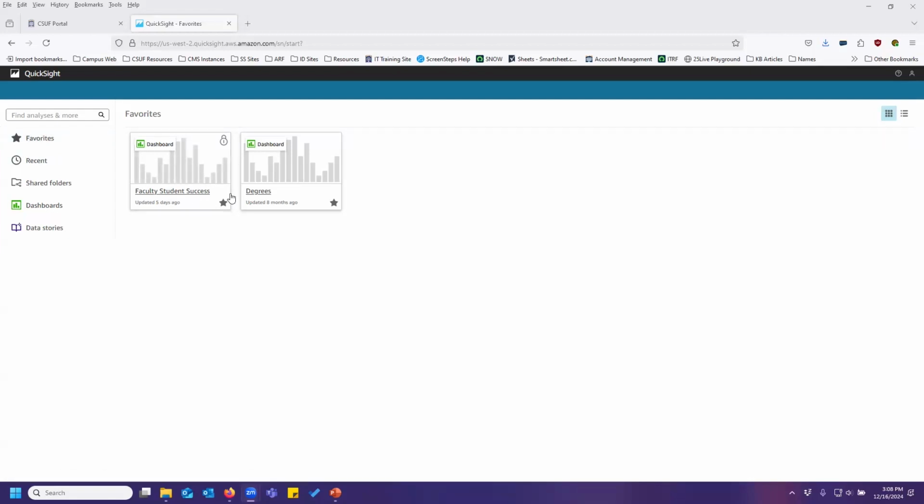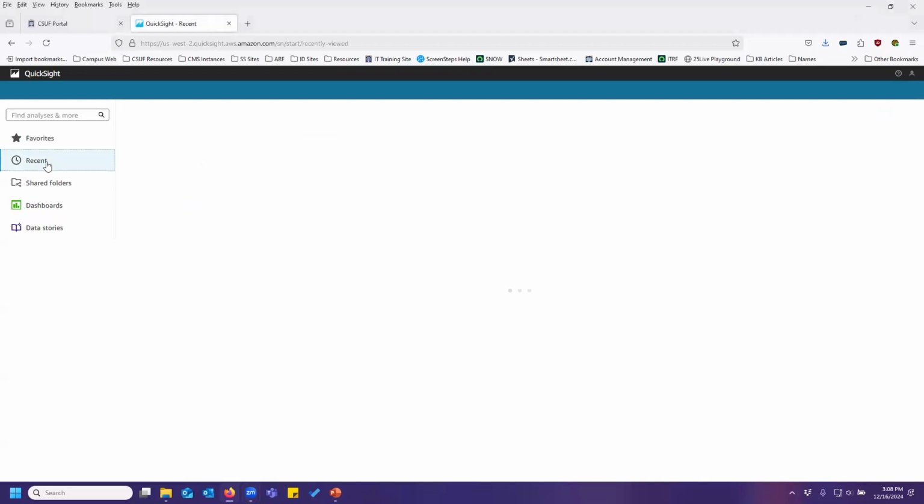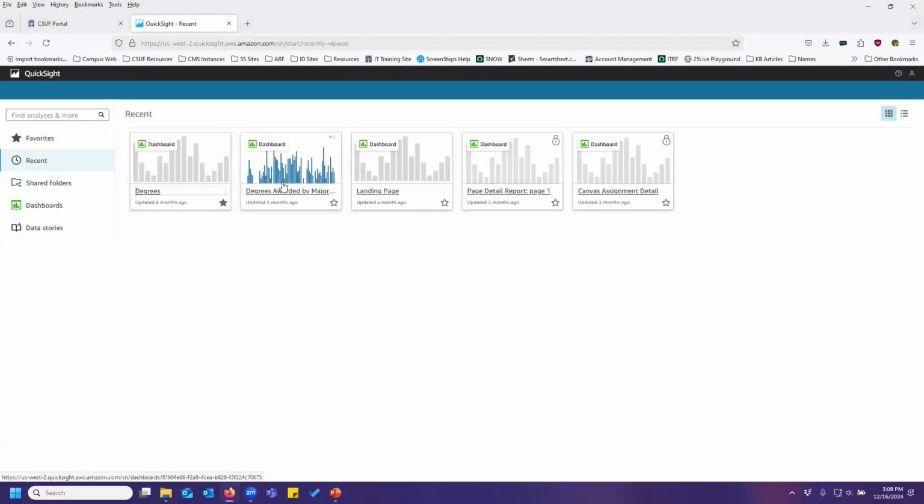So I highly recommend marking pretty much all of the dashboards that you use as a favorite, just because it makes it so much easier to get to it. It's a lot less clicks. So you can go ahead and add them pretty easily. You're simply clicking the little star next to it, but I'll show you where that is when we get to the actual dashboards. You can also click recent to go to recent ones that you may have accessed,